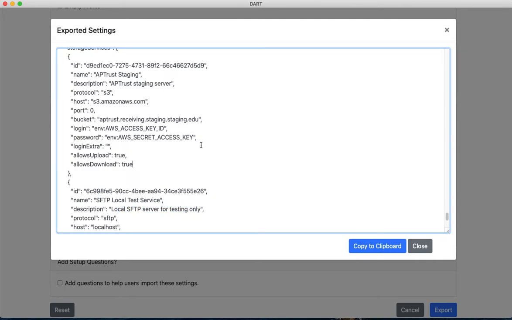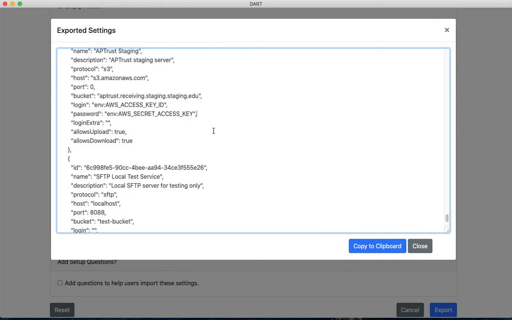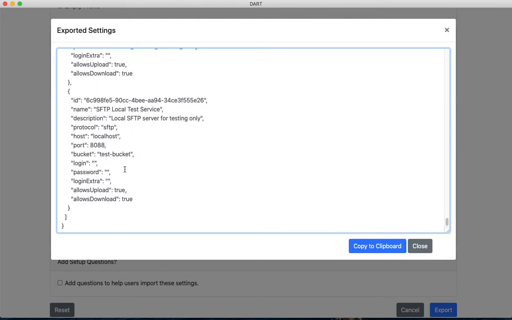The export feature does not export sensitive information like logins and passwords. If those pieces of information are coming from the environment and they're set as environment variables, it will export that. In cases like this, where the SFTP server had an actual login and password, it will not export that.